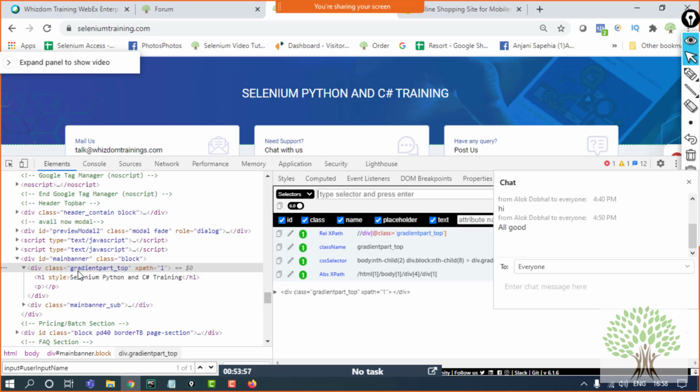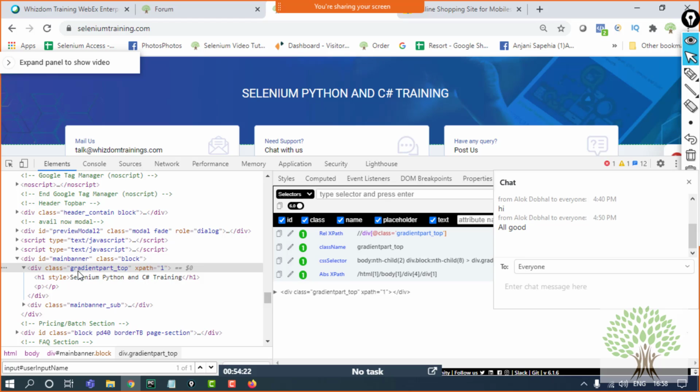The reason we prefer the ID attribute over class is that an ID, once given to an element, cannot be shared with any other element on the page. It will be unique, so it is better for Selenium to look for that element just by the ID. If I give the class name, it's possible that the class name is shared by a number of elements.